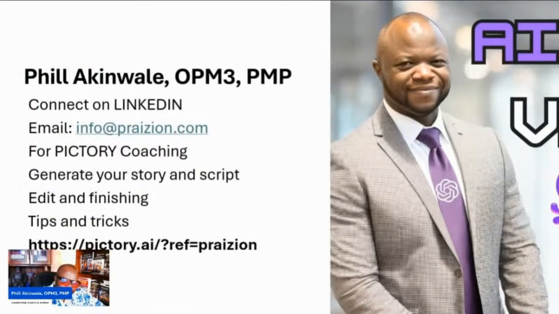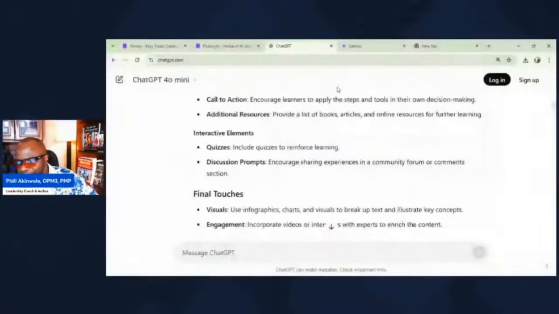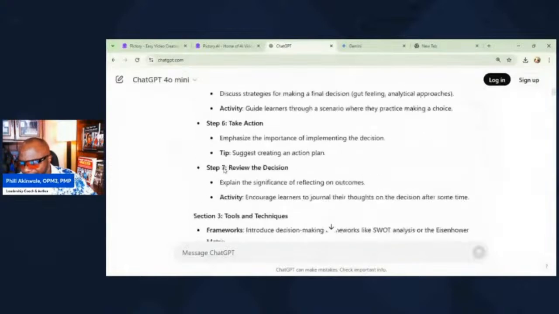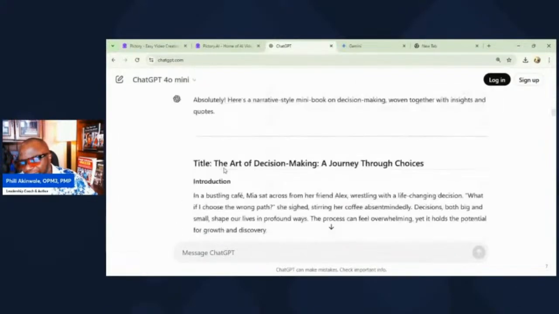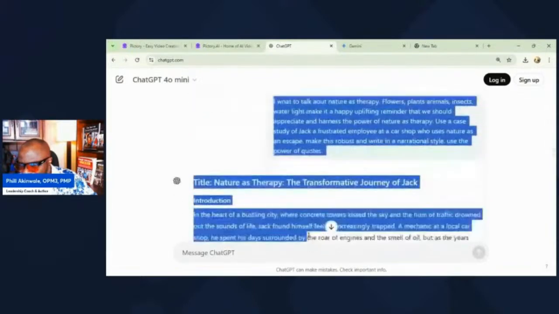Okay, so that's me. Let's move on to the next thing we're going to be talking about, which is the script we were cooking on nature. I want to follow through on that script and show you how to land that spaceship. Let me show you this one. Let's go back to where we were. We were right over here, taking a look at the different scripts. We have a script that has been generated by ChatGPT, and I challenged it to do a better job, and it did. So we're going to take that script,